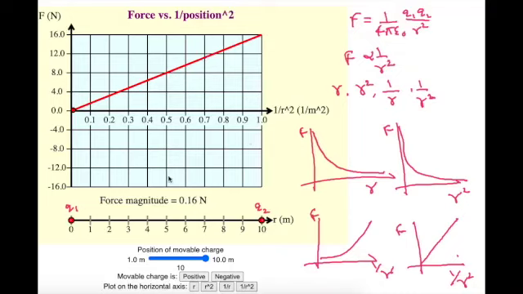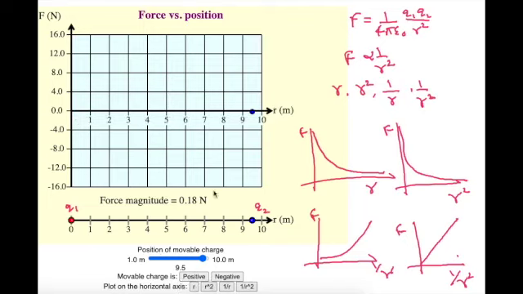Now let me do the same graphs for a negative charge. You can change the charge here. Since in all the previous cases I have drawn for a positive charge, now I am doing the same for a negative charge. When I click on negative, the charge changes to blue. Now if I plot force versus r, the graph is similar to the positive, but the graph is coming in the other quadrant. So this is force versus r.